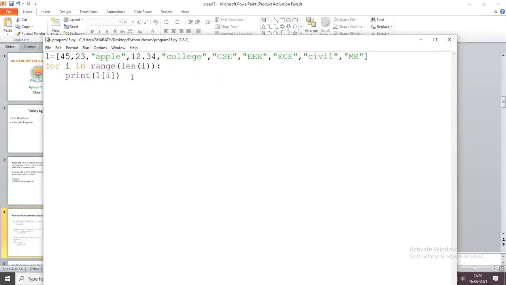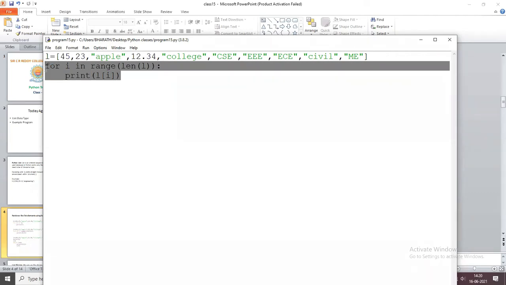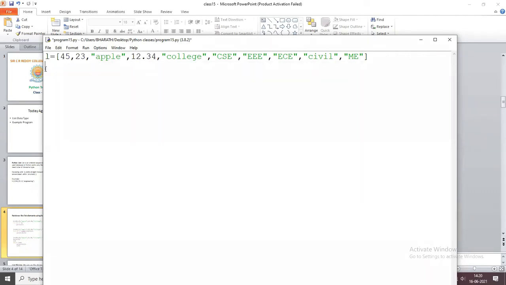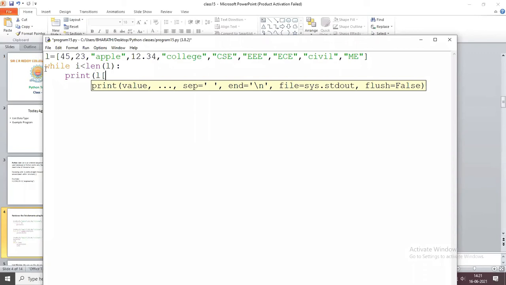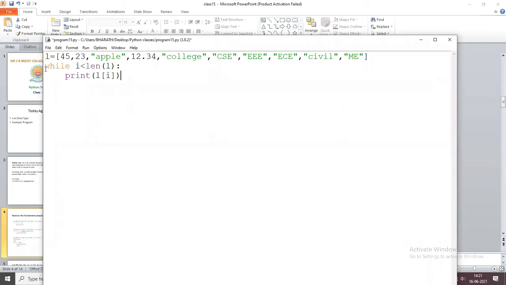Now we write the same program with the help of a while loop. So here the condition is the length. You can take a variable or directly write while I less than length of L, and print L of I. And what is the first value of I?